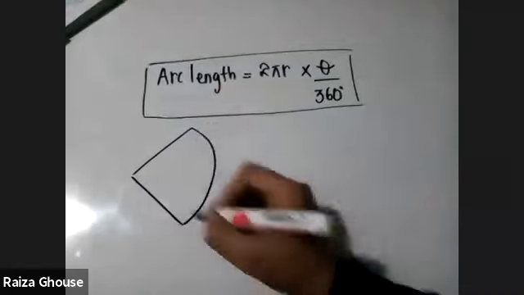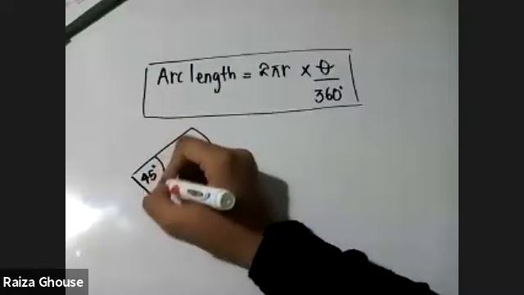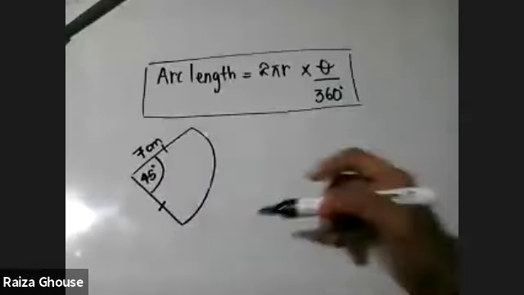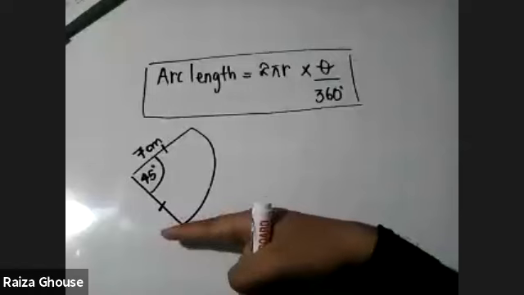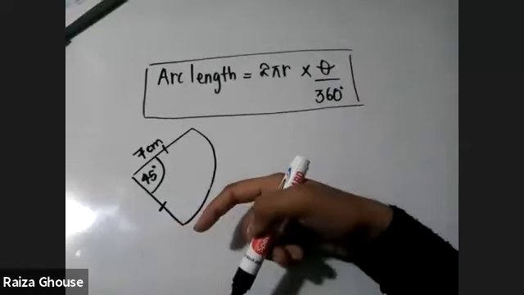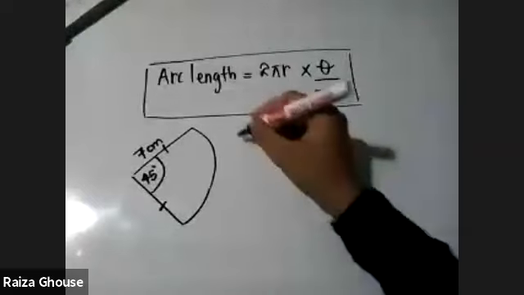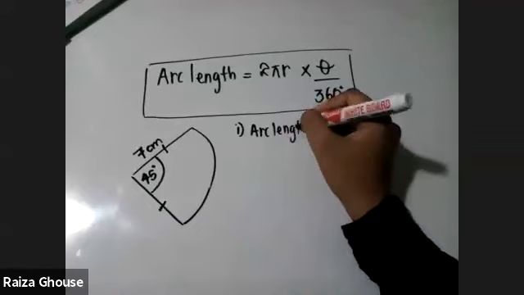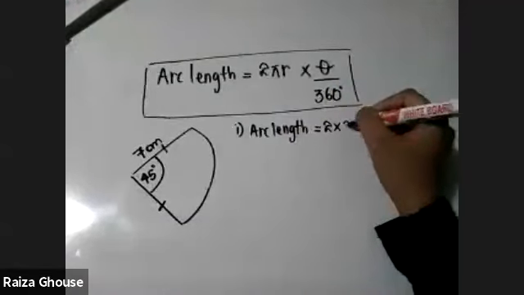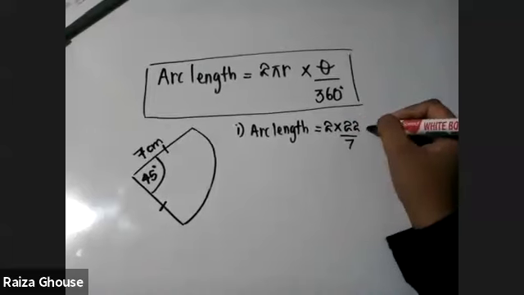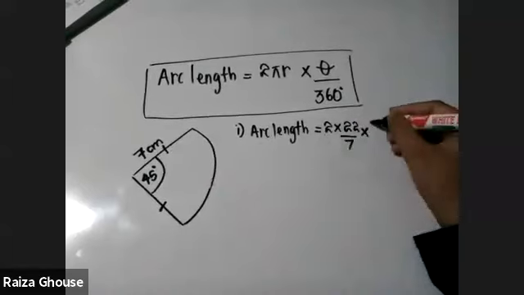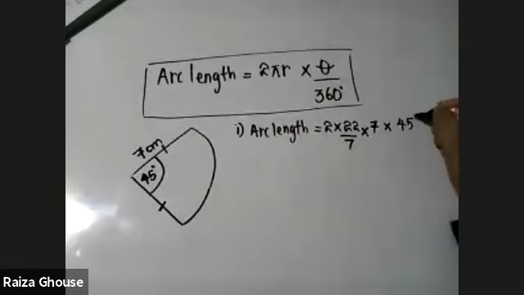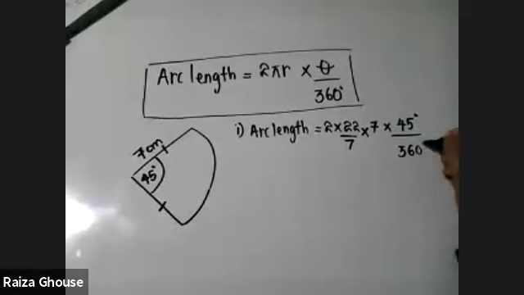Okay, now see, I'll do one question for you. This is a sector. I'm going to give you theta 45 degrees. I'll give you the radius 7 centimeters. These are equal, children, don't think now what is this side. Now, what is the arc length? We'll find the arc length first of all. Arc length is equal to 2 into 22/7, 2 pi r. What is the radius here? 7 centimeters. Into theta. Theta means the magnitude of the angle, 45 over 360.